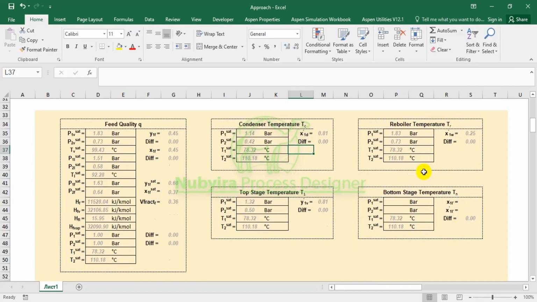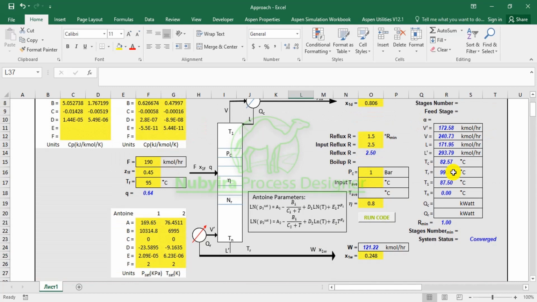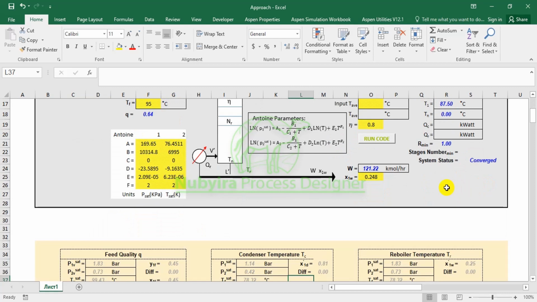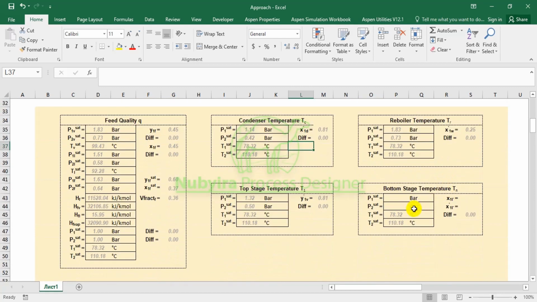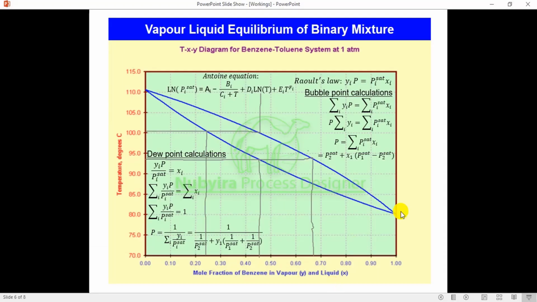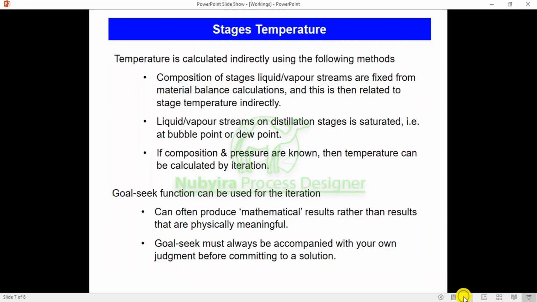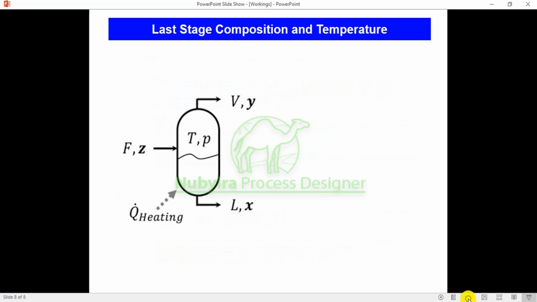Okay, so for this, I got the temperature of the boiler to be 99.33 degrees Celsius, while the first stage temperature is 87.50 degrees Celsius. So that remains the last stage, which is the bottom stage. The idea for the bottom stage is, because it's a boiler, there will be heating to be done,